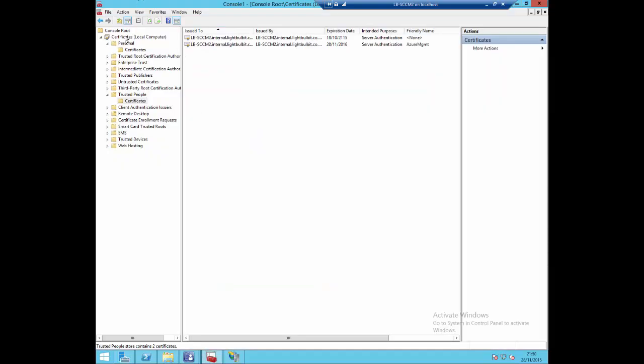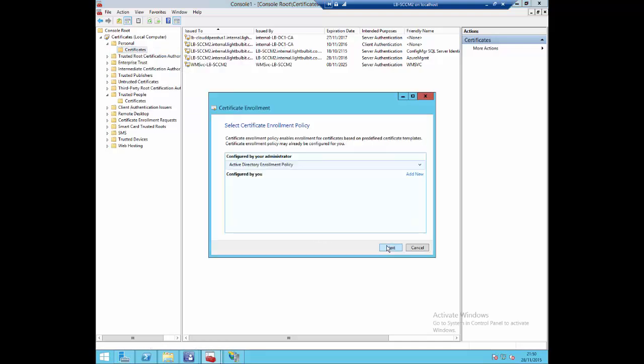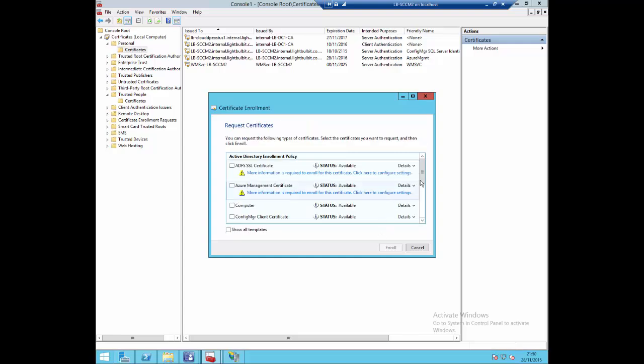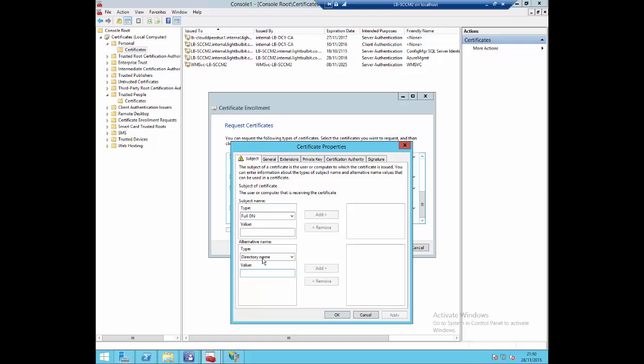go under the MMC console, go under the certificate store, and choose request new certificate. Because this computer is a member of the SCCM site servers group, which can enroll, I can say Config Manager web server certificate, I want you to enroll the certificate. It will ask for more information, and usually the information that you need